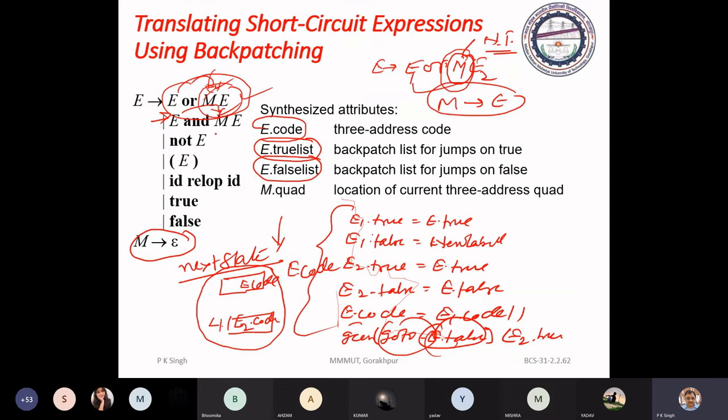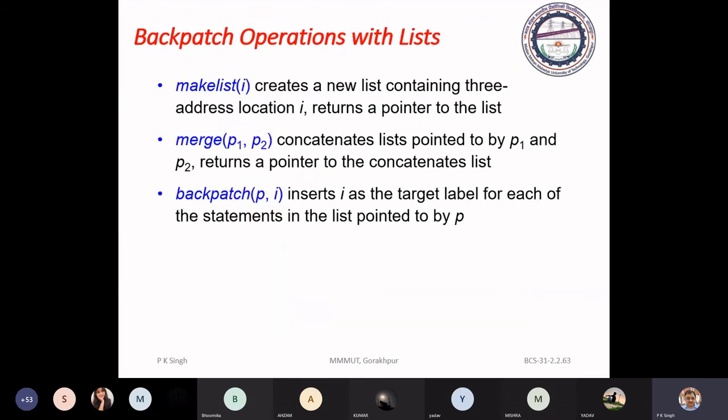And in this case, if E1 is false, then the entire statement will become false, means E false. You can switch the control of execution to E false. But if it is true, then you have to check this second expression, and accordingly in the same manner you have to go for it. Okay.